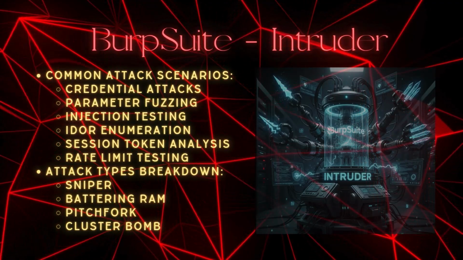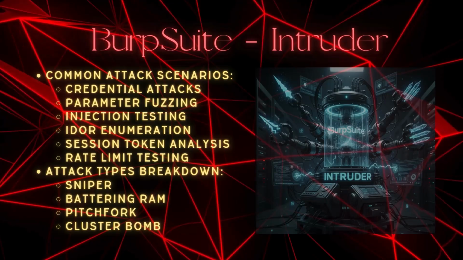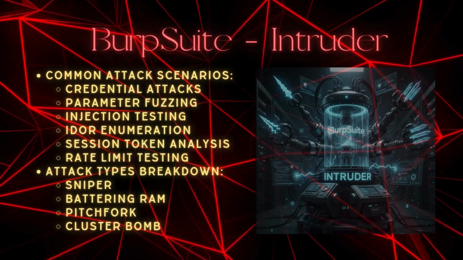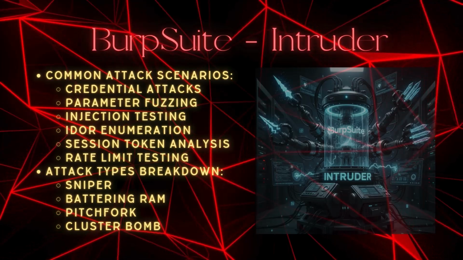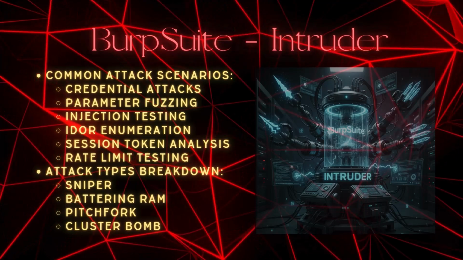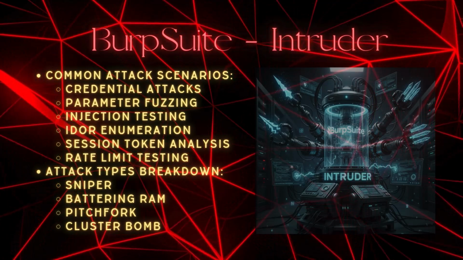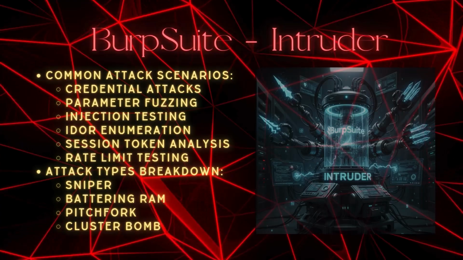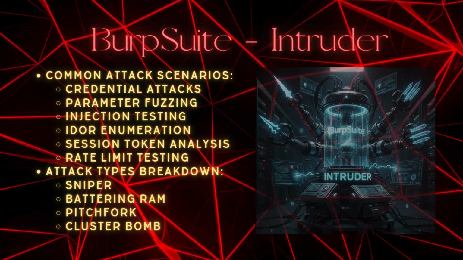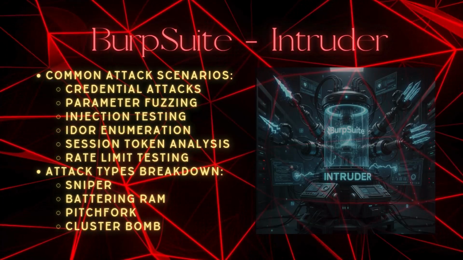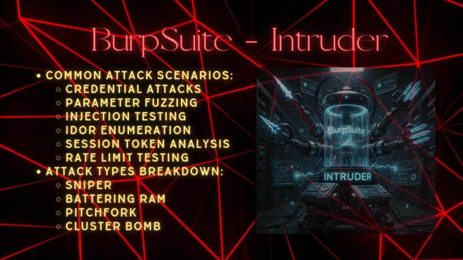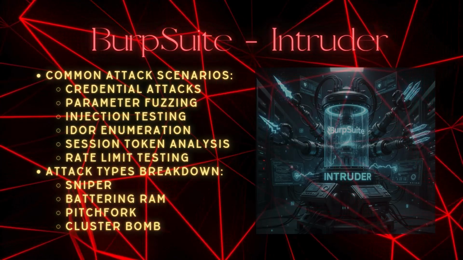Intruder is incredibly versatile. Here are some practical use cases: credential stuffing and brute force. Test authentication endpoints with lists of usernames and passwords. You can identify valid accounts, test password policies, and find weak credentials. Parameter fuzzing. Inject malformed input, special characters, boundary values, and edge cases into parameters to trigger errors, bypass validation, or cause unexpected errors. Injection testing. Systematically test for SQL injection, cross-site scripting, command injection, and other injection flaws by inserting payloads and analyzing responses for